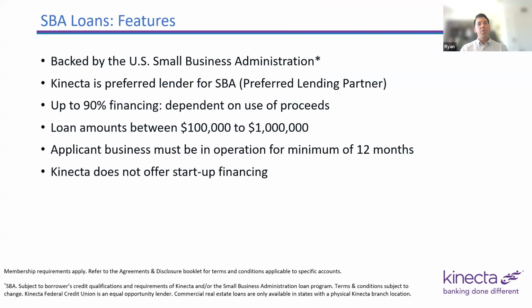All right, so some of the features of these loans. One is backed by the U.S. Small Business Administration. As I mentioned before, it's created with the Small Business Act. What does that mean? Well, what that means to the lender is that we get a guarantee from the government in case of a default. So that's usually a percentage of the loan amount. So if it's a $100,000 loan, we might get an 85% guarantee if we complete all the forms correctly and get the proper approval. And what that means is if there is a default, then 85% of the loan balance